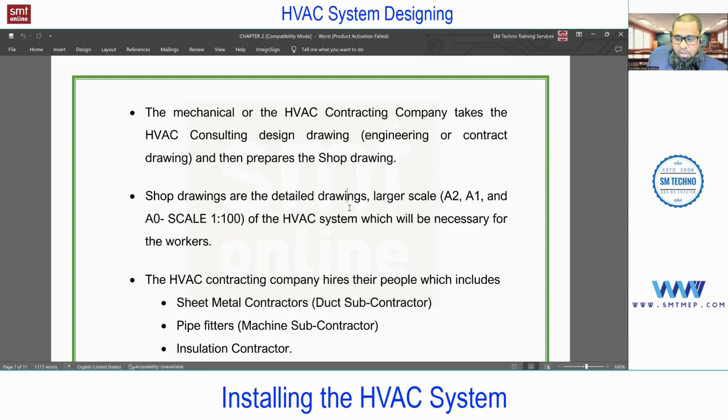Generally we will not use A4 on site; we use A2, A1 or A0, or you'll find larger than that. And most commonly, we use a 1:100 scale. It can be 1:50, 1:150, 1:200, depending. But commonly 1:100. If you're not aware of this scale, don't worry. We'll discuss it at the time of dealing with the design. 1:100 means, just to give you the idea,